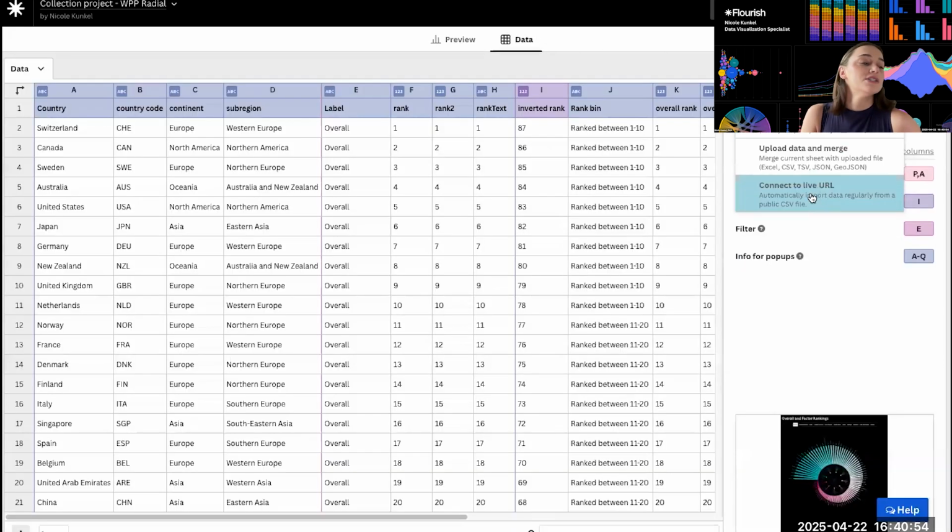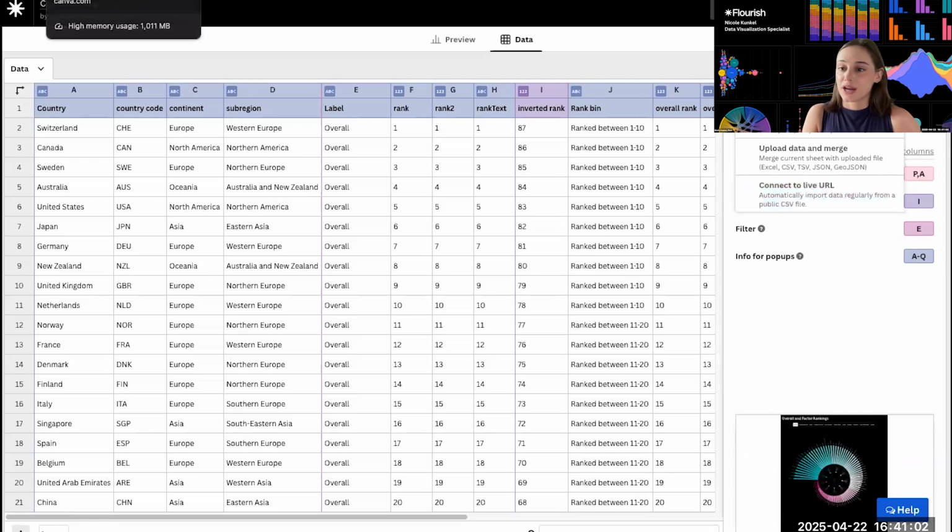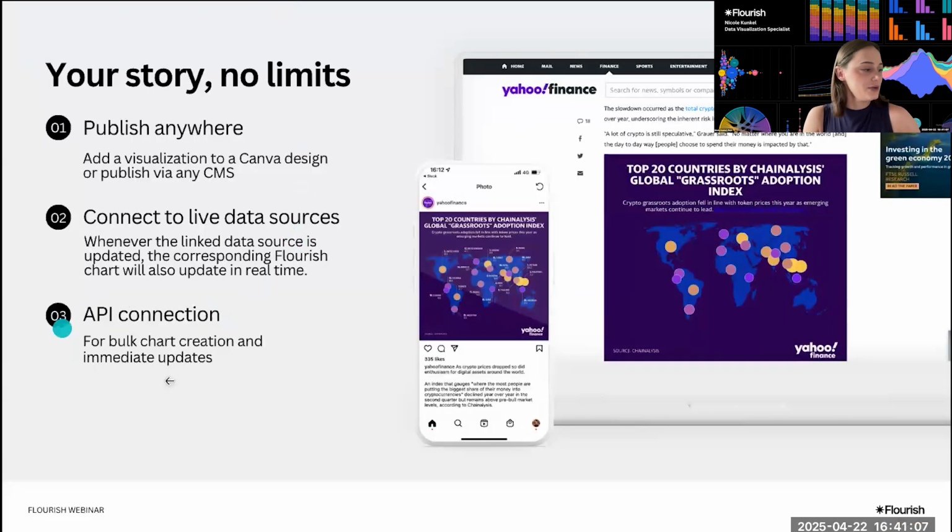So our paid customers can connect to live CSV sources via Dropbox, GitHub, and Google Sheets right there with a click of a button. And we also have an API for even more flexible data connectors.